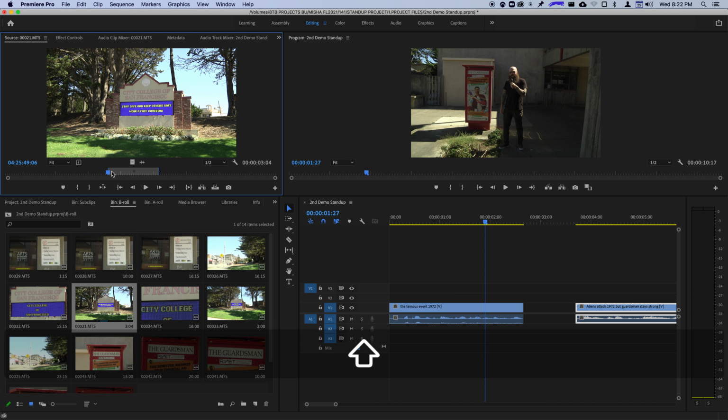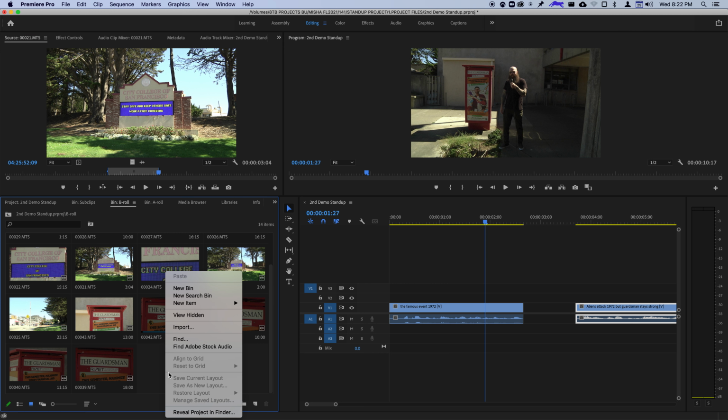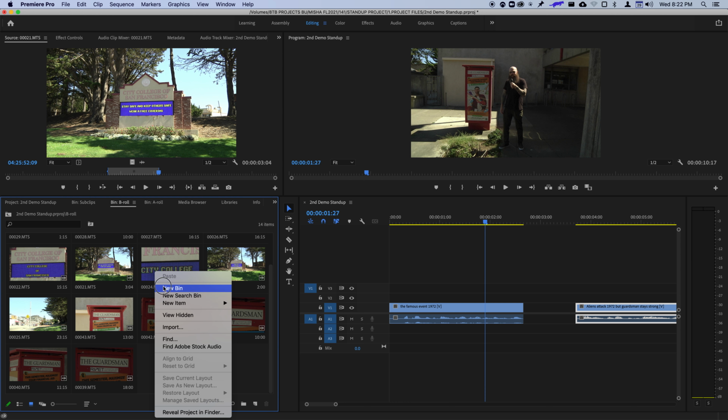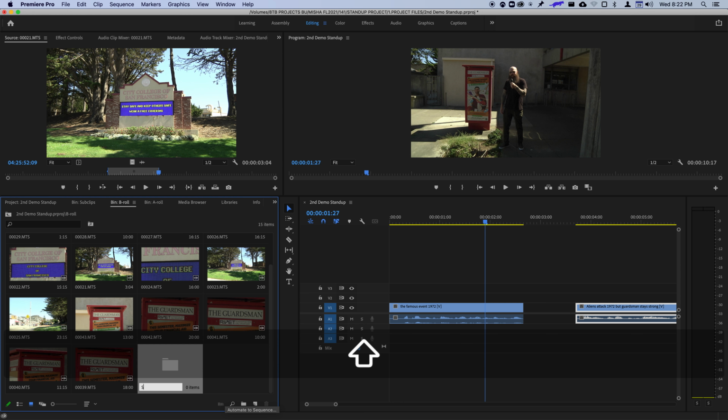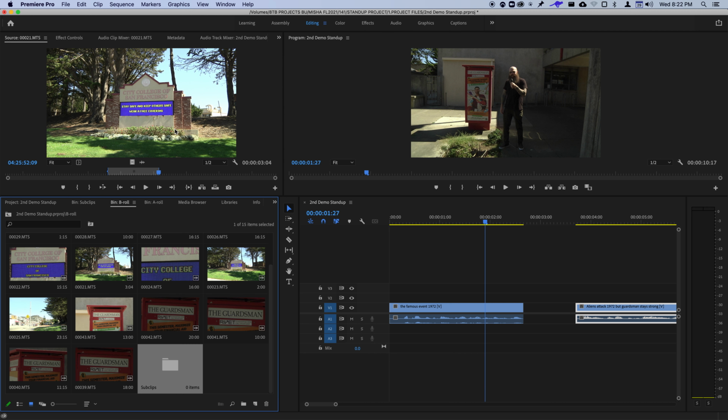Shift I will take me to the beginning here, and I've brought these buttons down here. Play video in to out, from in point to out point. 1,000, 2,000, 3,000. Yeah, that's good. This is great. I'm going to make a quick sub clip out of this. Right click, new bin, for example. New bin and sub clips. All right, and that should be here. I have that selected. Command U